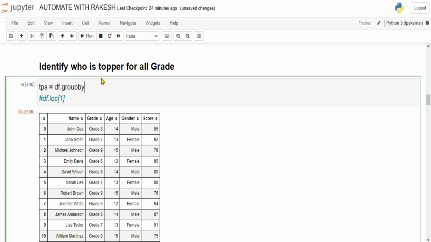You have learned this group by, and then within the parenthesis I'm going to pass the column name, which is grade here, and then within the square bracket I am writing score. Now what is the output of this? Tell me. I'm writing simply score. Score means I'm saying you group it, but you only give me the score column. That is the meaning. For example, if you print this output,